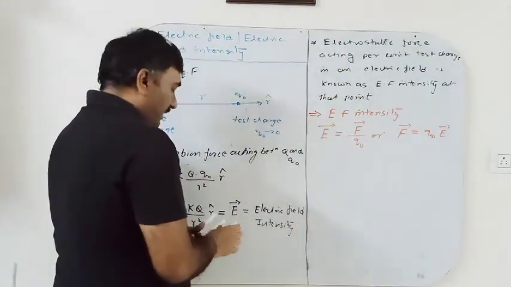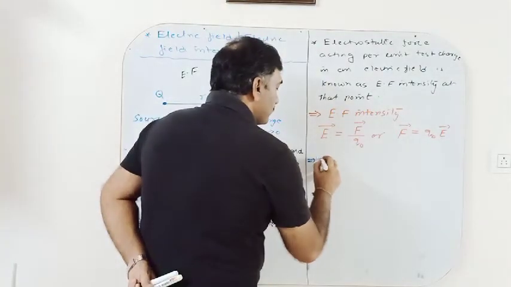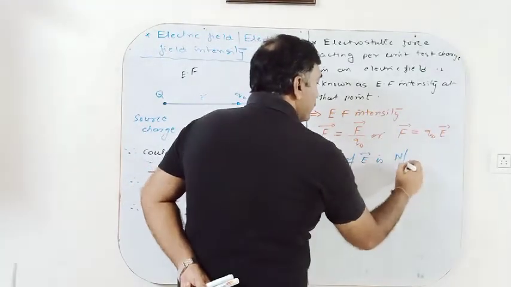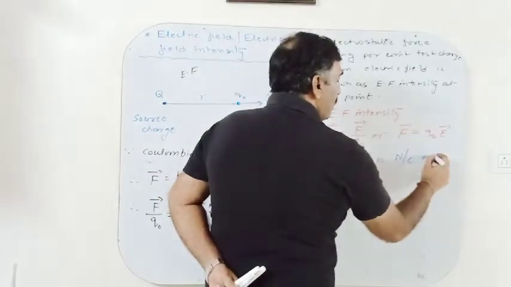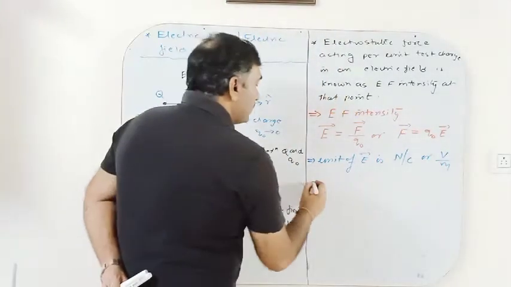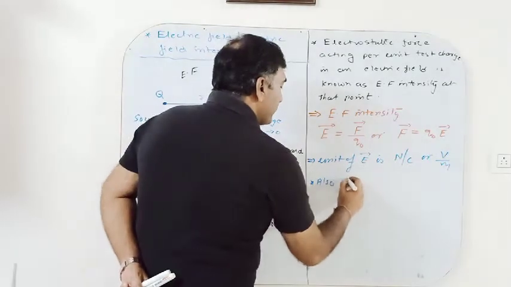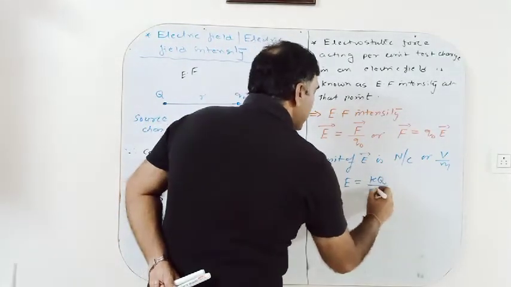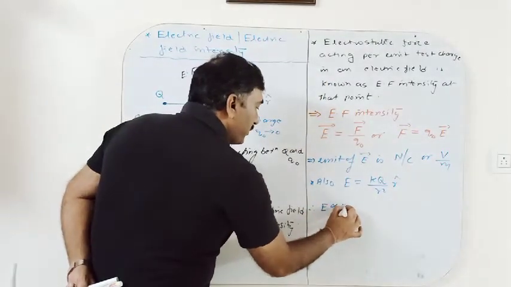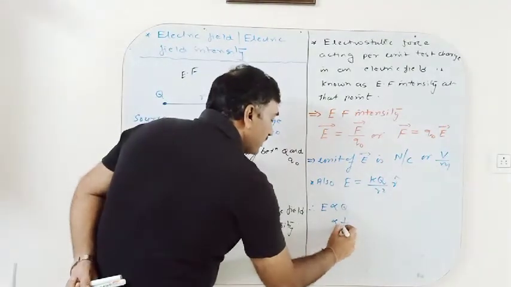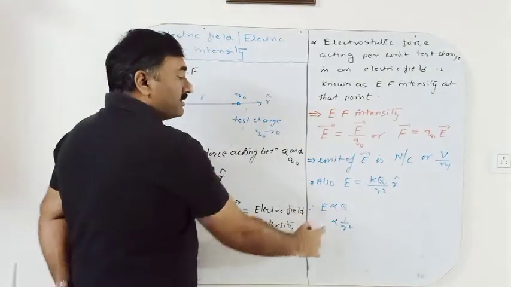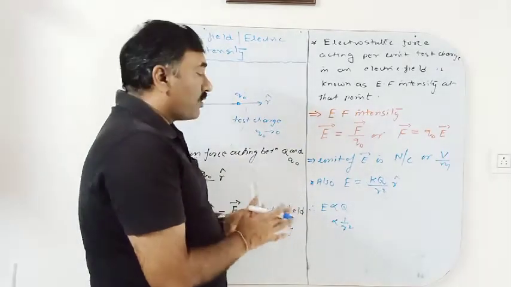What is the unit of electric field intensity? The unit of E vector is Newton per Coulomb और वोल्ट पर मीटर, आगे चल के आप पढ़ लोगे यहाँ पे. So we are having the formula E is equal to kq by r square with the direction of r caret. So here we can say that E is directly proportional to Q and E is inversely proportional to r square. So it is directly proportional to the presence of source charge. The more the value of the source charge, the stronger the electric field.